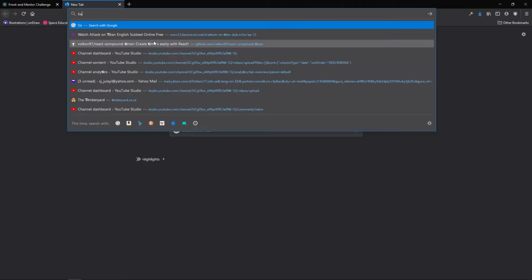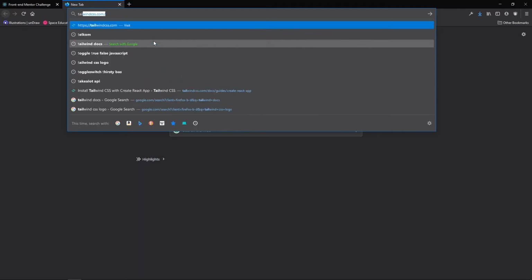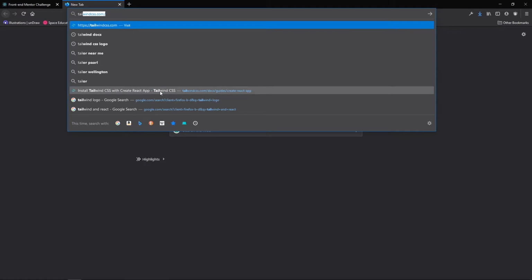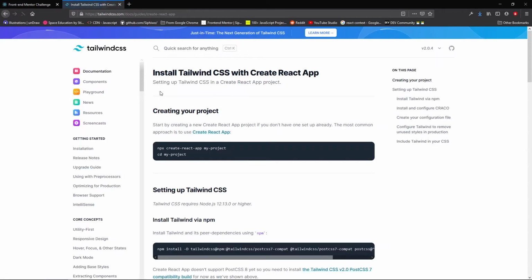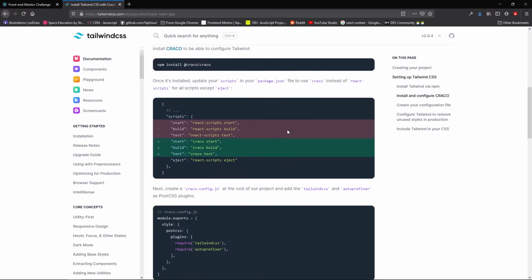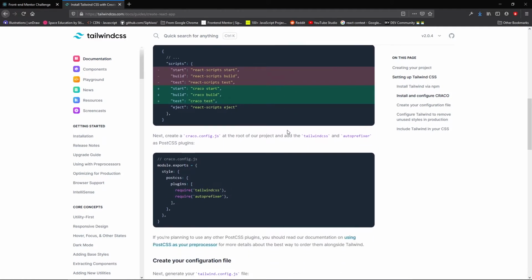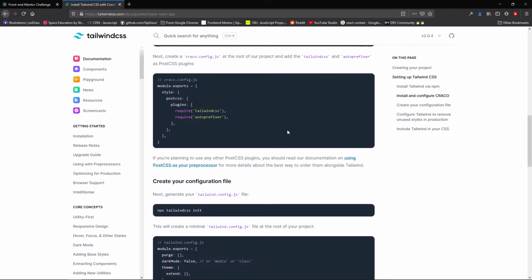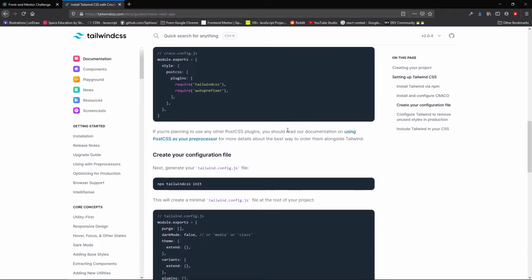So first things first, let's install Tailwind CSS. So I'm just going to go ahead and say Tailwind with React. Open up that page. You guys can go ahead and read this documentation. Just follow all the steps that they give you. Do everything exactly. I do believe that this documentation is so good, I don't actually need to go through it over this video,